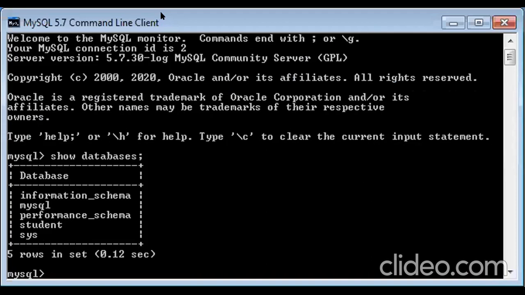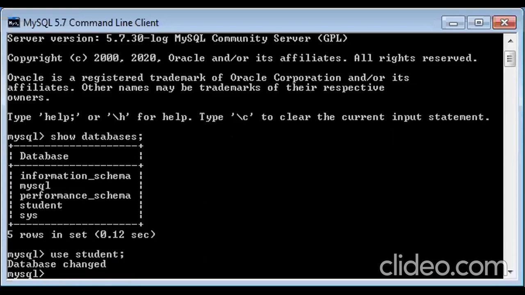I hope you remember this query. So I have a database named student. What should be the next command? I want to use it now. How do I use it? Use database name. Use student.